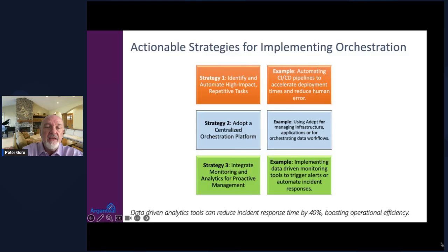If you're in the retail space and it's a holiday season, how do I take that and adopt an orchestration platform that allows me to deploy additional infrastructure like load balancers, right? So if I've got a front-end website that I'm spinning up, how do I handle that front-end website over a holiday season where, all of a sudden people are hitting my website and because it's ultra popular I just don't have the capacity inside my infrastructure to handle those additional hits? Well, I can drive that in an orchestrated fashion based on real-time response and telemetry coming from the infrastructure.